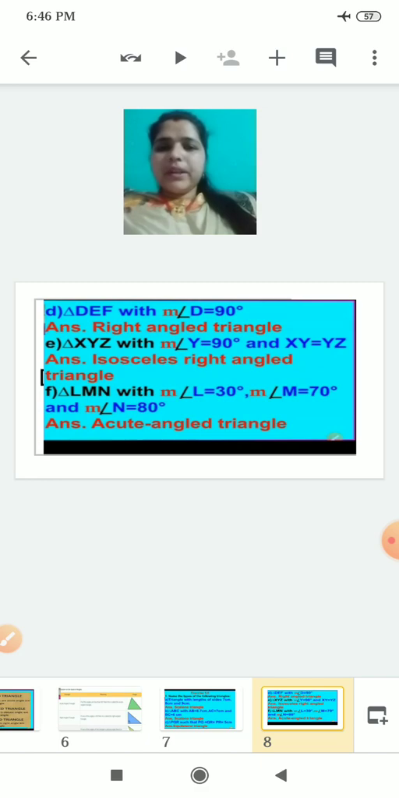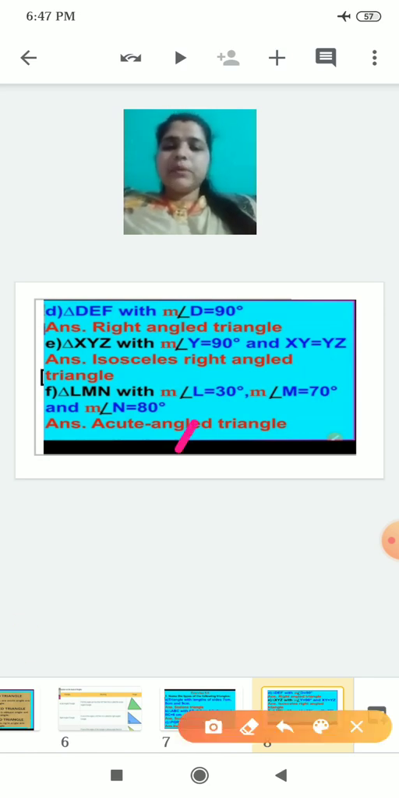Question number D: we have a triangle DEF with angle D equal to 90 degrees. Directly it is saying, so it is a right angle triangle. Same way we will continue all these. Let's see isosceles triangle. A triangle XYZ with angle Y equal to 90 degrees and XY is equal